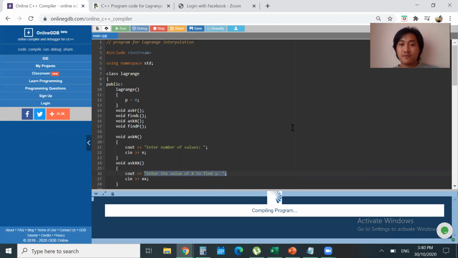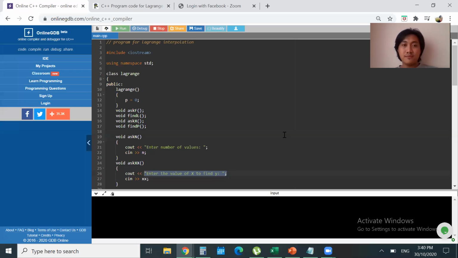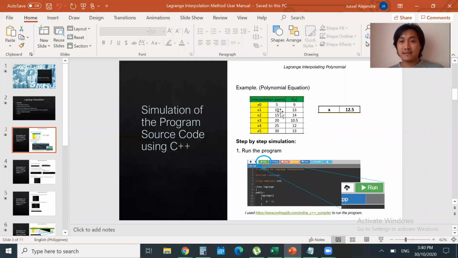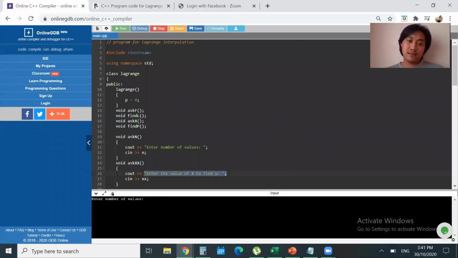There, compiling the program. Here, the program is asking to enter the number of values. I assigned 6 data points, so I'm going to enter 6.